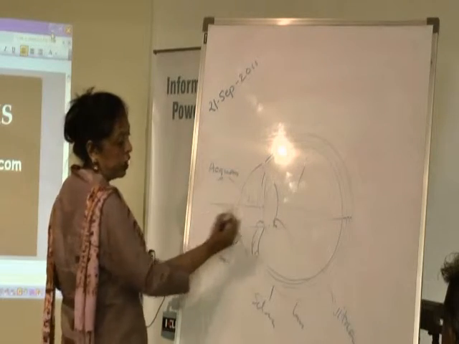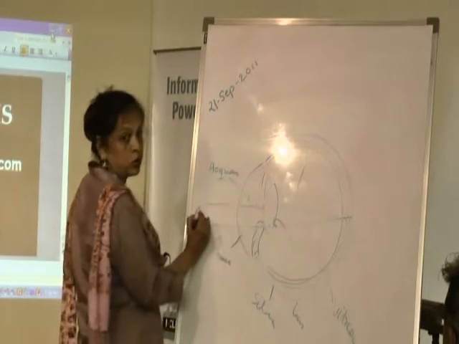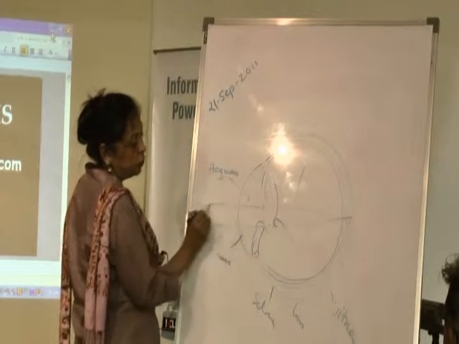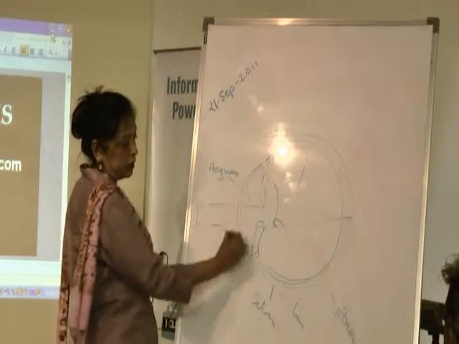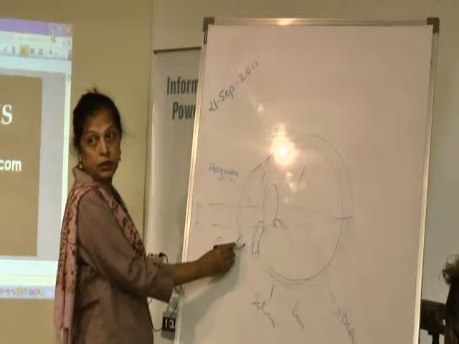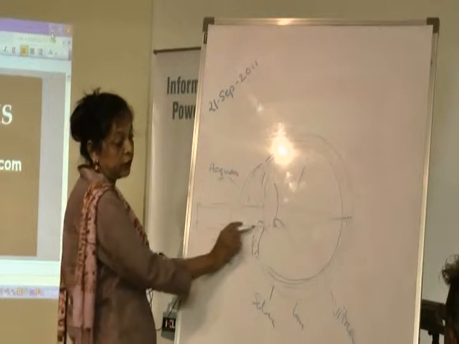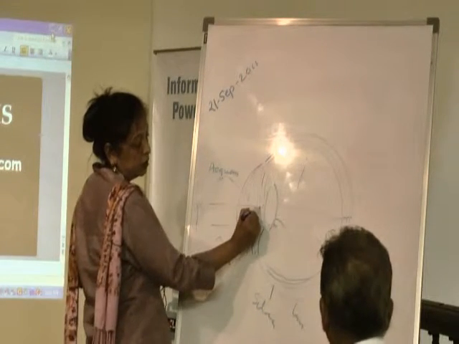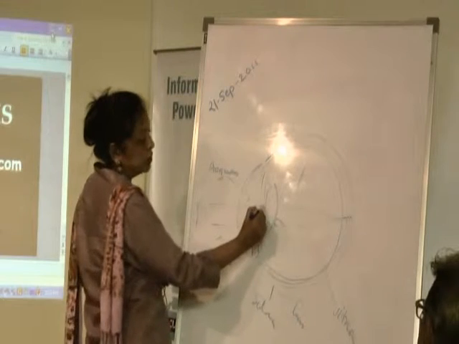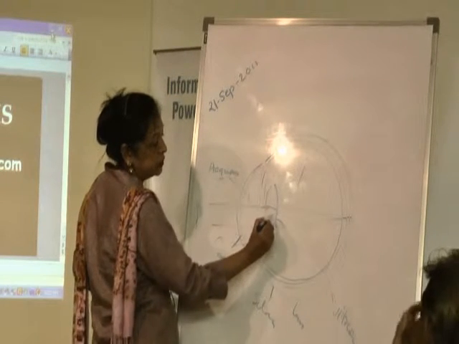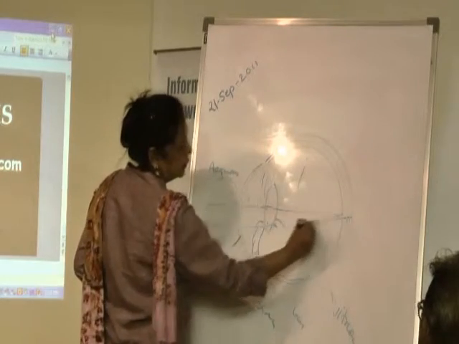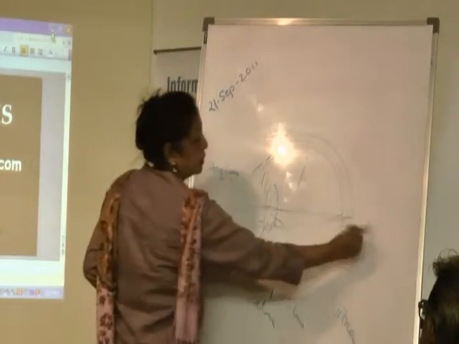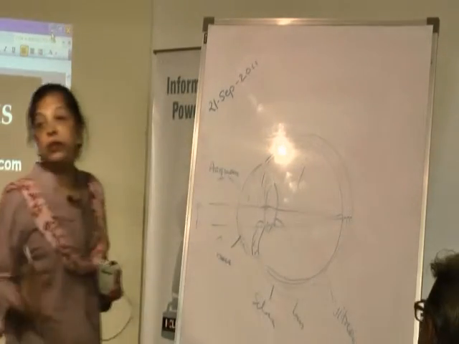So how is the image formed? The rays of light will come from outside, from the object, and will go through the cornea. This is the cornea. Cornea is a transparent layer so that rays of light can go inside. Once it goes inside, it falls on the lens. Once it is falling on the lens, again there is a refraction, and it focuses on the retina, and the image is formed here on the retina. That goes through the optic nerve and then goes into the brain. This is a simple diagram.